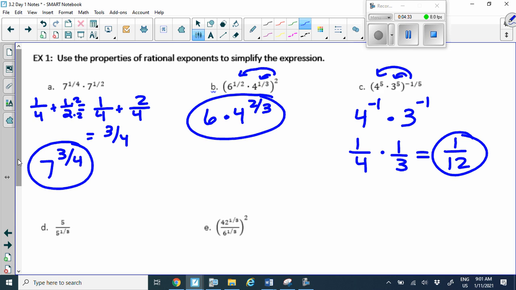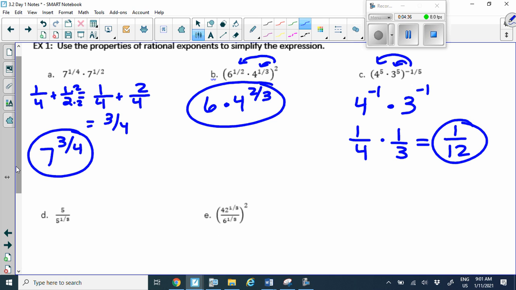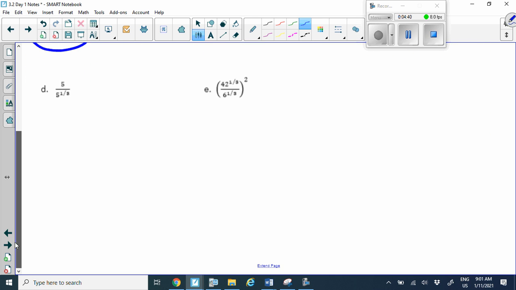Okay, let's try part D here. So we have 5 over 5 to the 1/3. So notice we have the same base, okay, and we're dividing, meaning we're going to subtract. Now on the numerator of our 5, that exponent is a 1, okay? So let's go ahead and subtract. So we have 1 minus 1/3. Don't forget, in order to add or